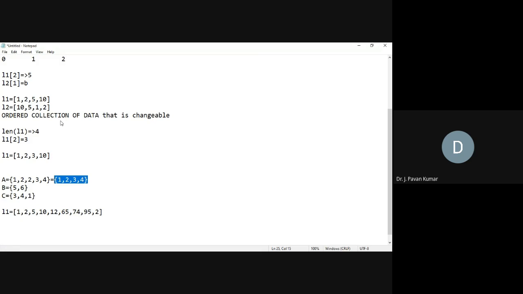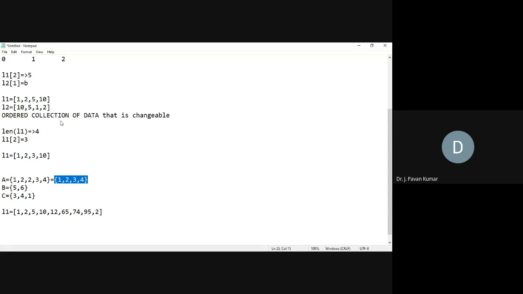You might be knowing the term Venn diagram, right? In a Venn diagram, we denote a set with a circle, isn't it? In the circle, all these elements we denote with points.